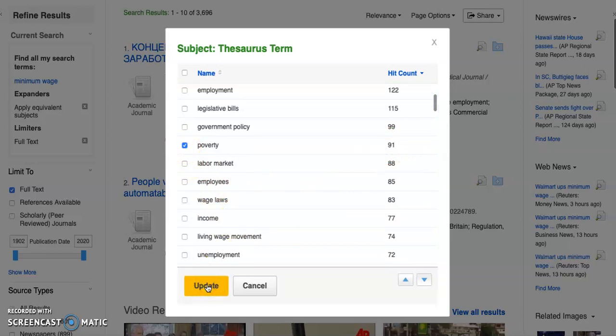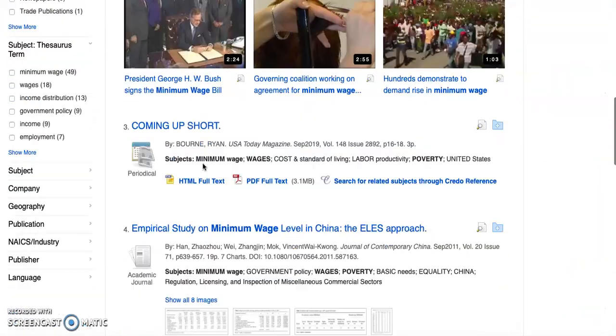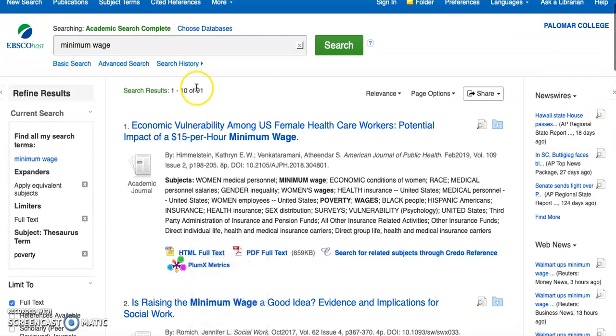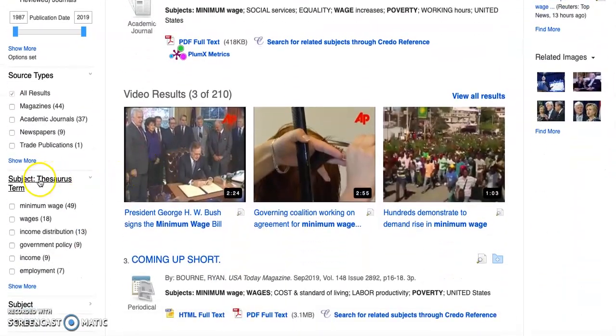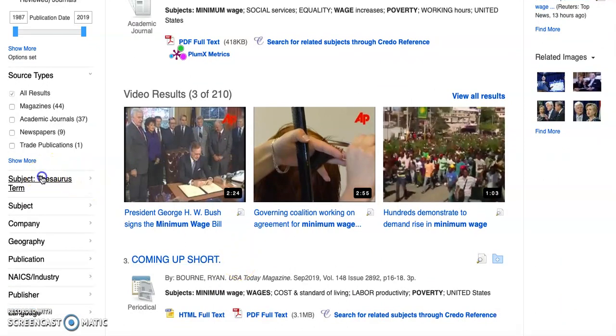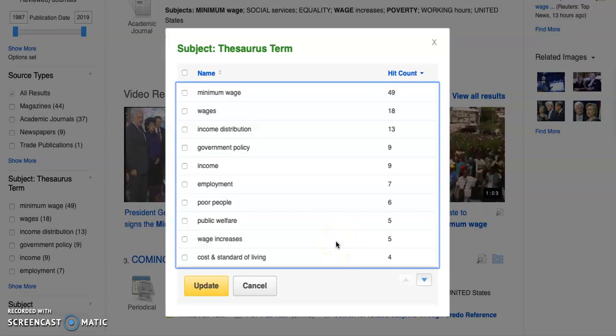So I'm going to go ahead and update that. Now 91 is still a pretty big number to me. Maybe not to you. Maybe you're happy to look through 91 hits, but for me, that's still too big of a number, and I want to refine that a little bit more. So I'm actually going to do that same process again, and now the database will give me even further refinement of those